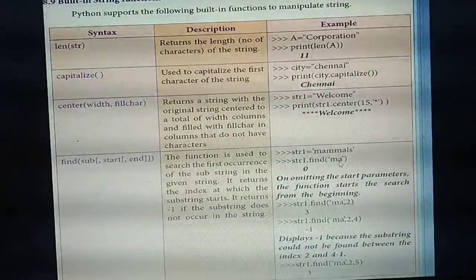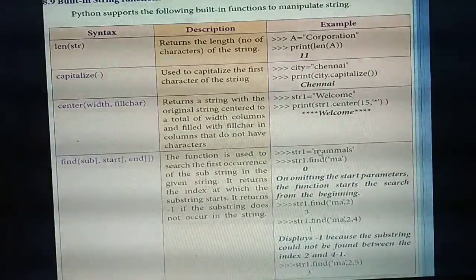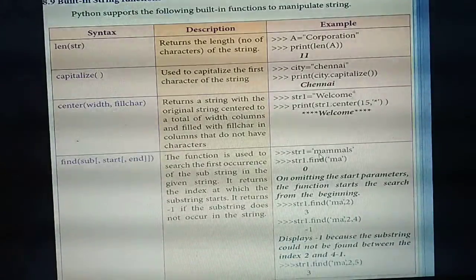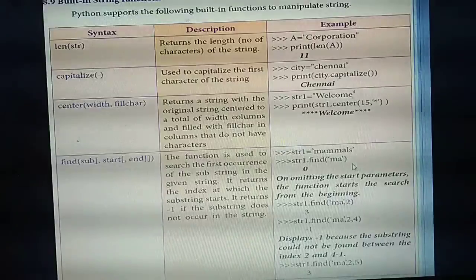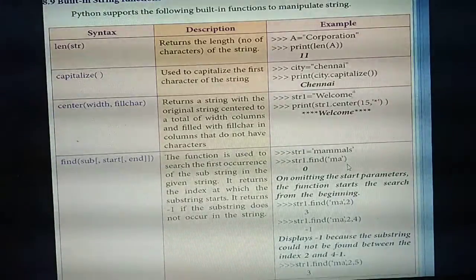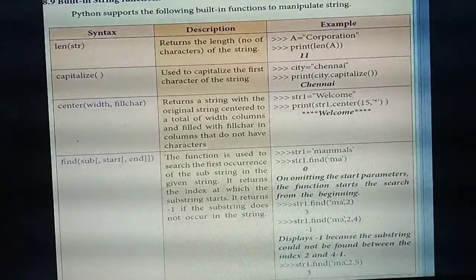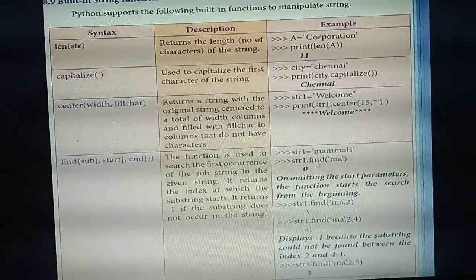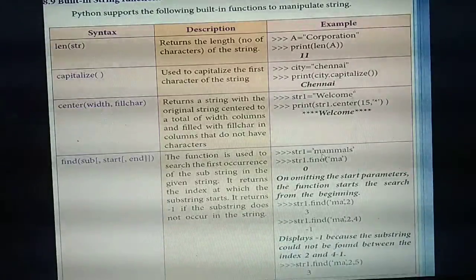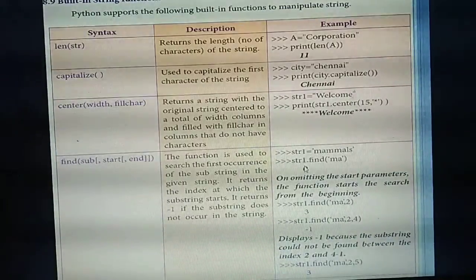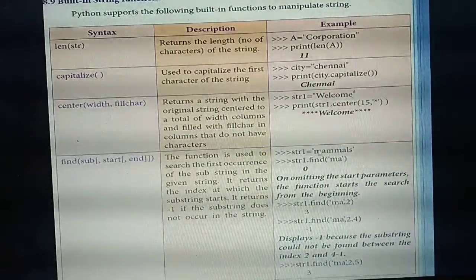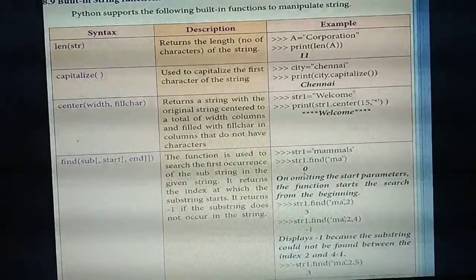So please listen. Take a textbook and listen. First you need to put the index values: 0, 1, 2, 3, 4, 5, 6. Okay. So what's the use of the find function? It will return the starting index value for the substring. So MA, the first 2 letters MA. What's the starting index value for M? 0. So from where these 2 letters start, that index value you will get as the output. MA is starting from here, so what output will you get? 0. So it will return the index value for the substring.